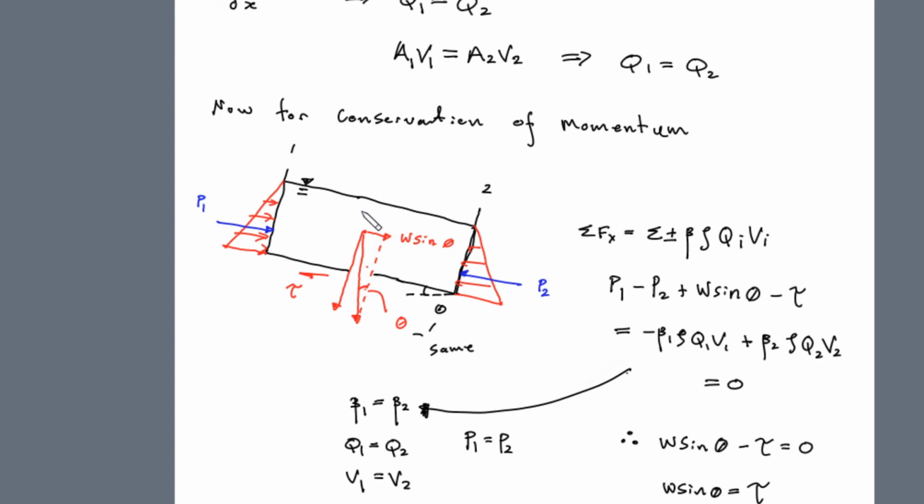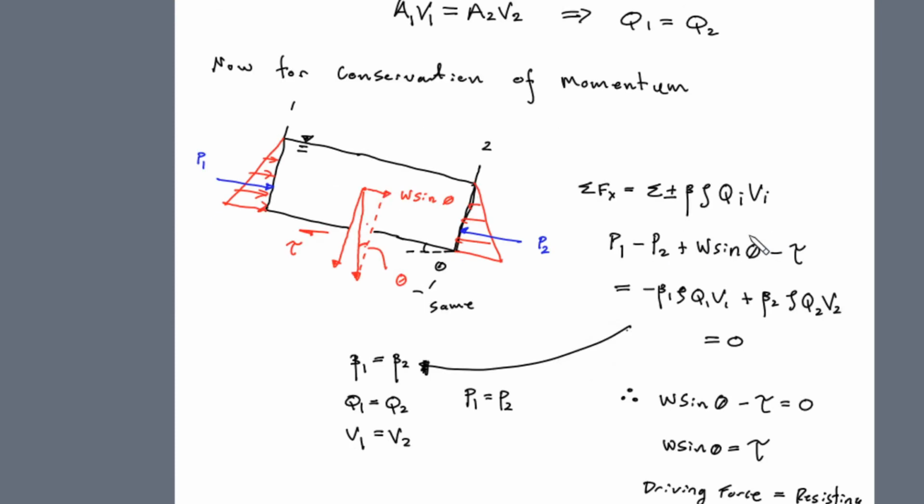Since the depth here and the depth here are equal, the hydrostatic force on this side and on this side will be equal. We also have a driving force due to gravity in terms of the bed slope, and then we also have a friction term in terms of tau. Then summing all the forces in the x, which will be equal to the conservation of momentum, we have